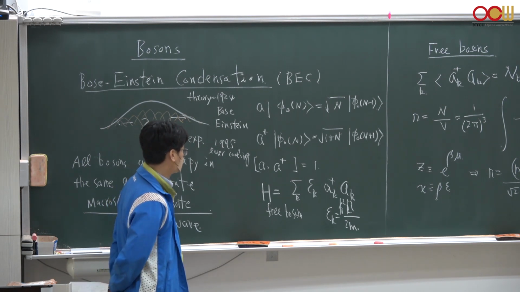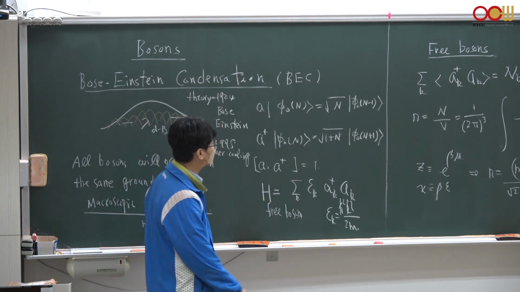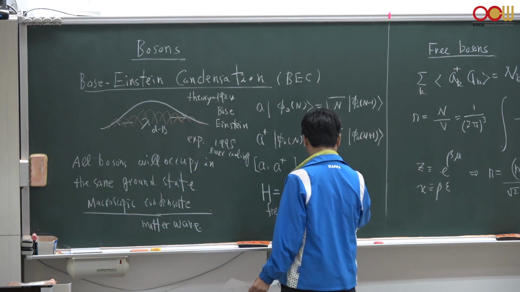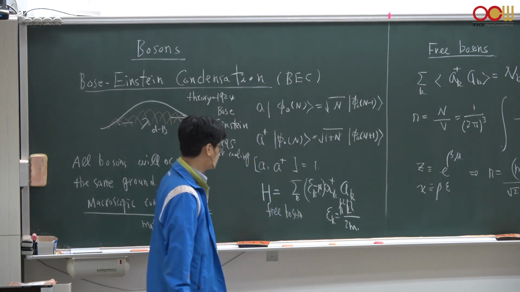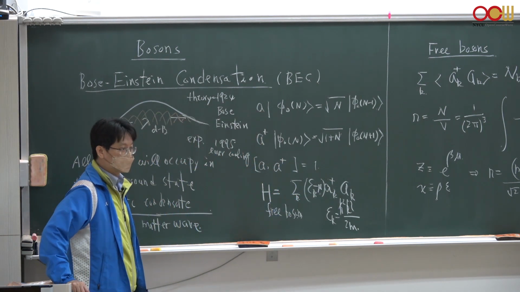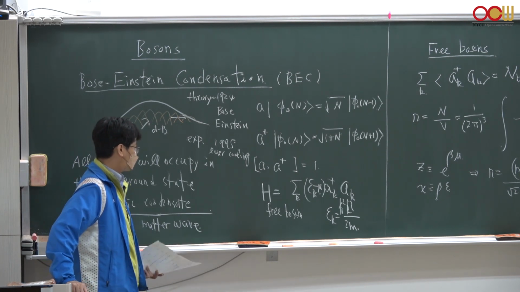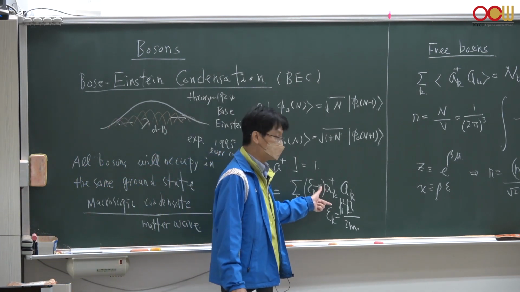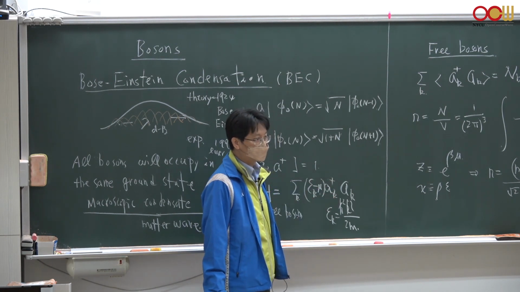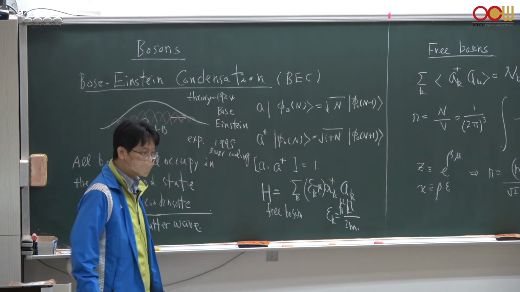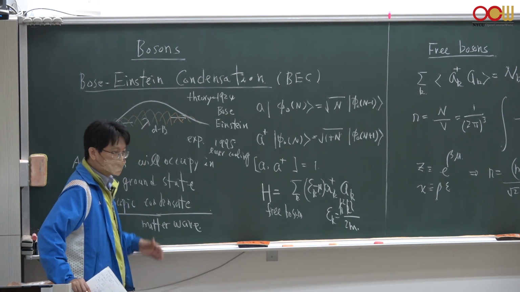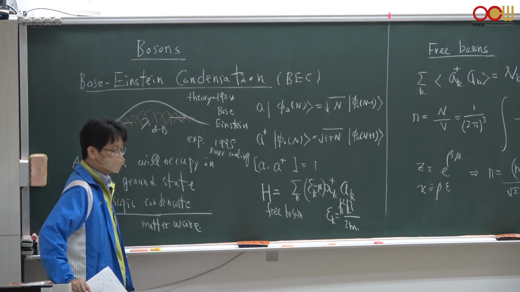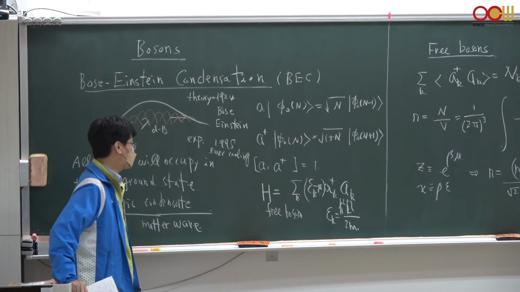Of course, we need to add a chemical potential term mu to that free boson Hamiltonian. Later we will show, by computing the expectation value of this occupation number operator a dagger a in k space, that in the zero temperature limit we don't need to put extra energy to add or remove a boson, meaning this chemical potential mu vanishes,